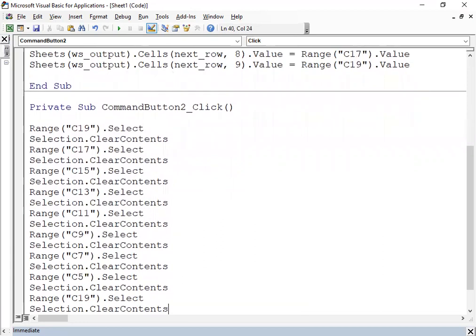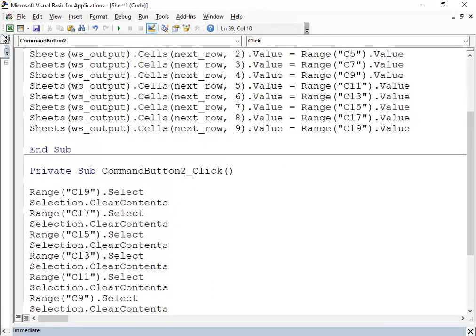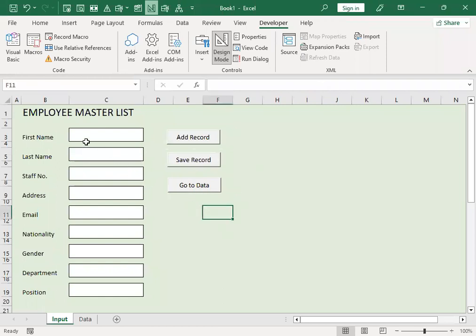Okay. Then paste again. Then last but not the least, C3. Right? Okay, we got it. We go back to Excel. Let's see, okay, remember, we have the